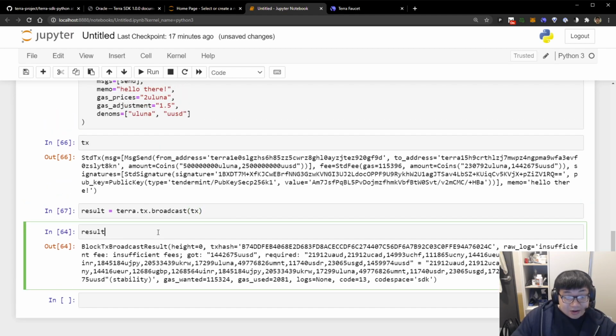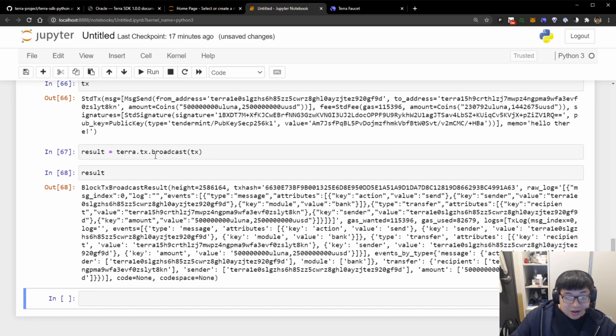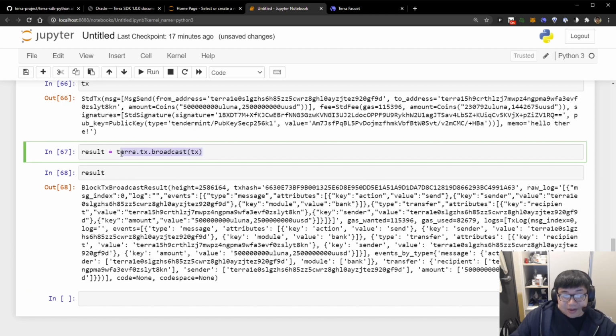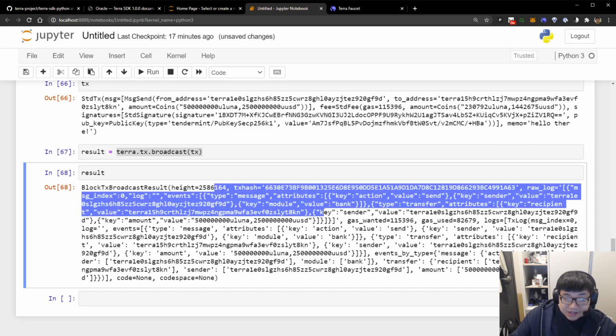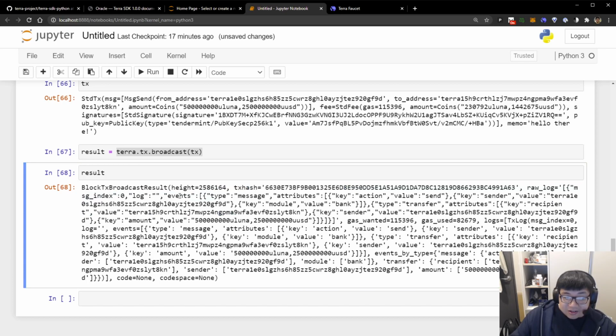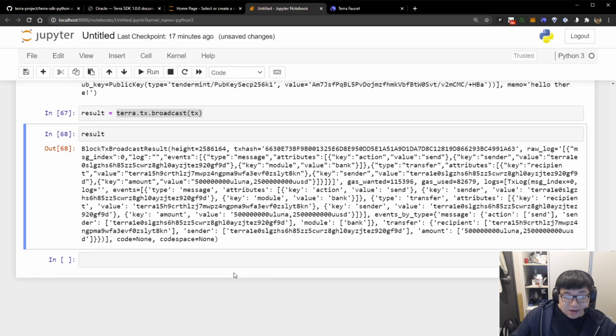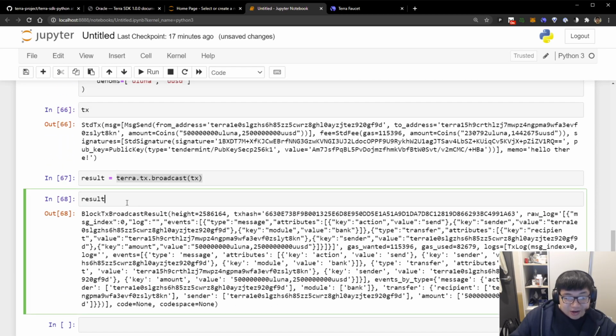All right. So now, as you can see, it blocked for about a couple seconds, which is a good sign for us because normally, if you use this method, broadcast TX, it will wait or it will block until your transaction is included into a block. And now we can see all the information about our transaction, including the logs in the events, right there. But it's kind of hard to see here. Let's try to look at it in a